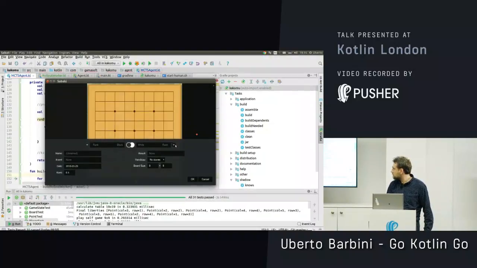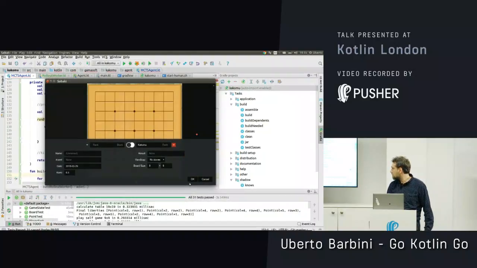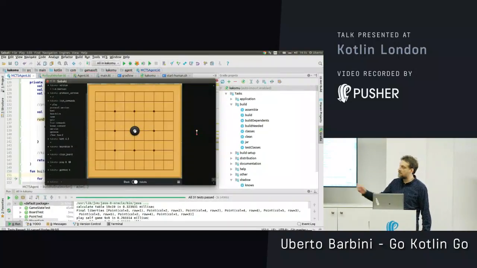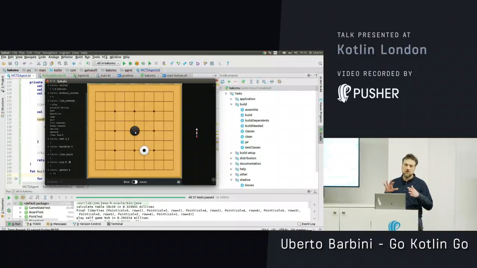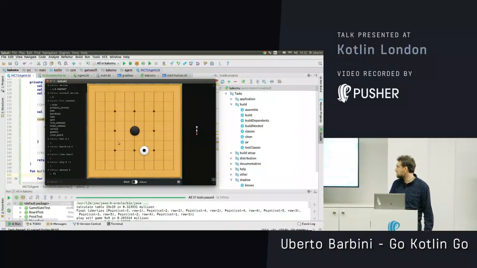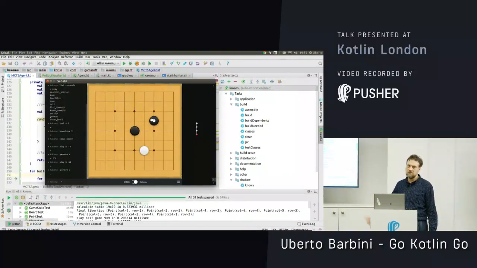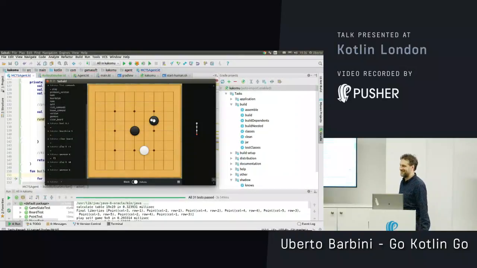So just to show you, this is my software. It is regulated to one move per 10 seconds. I play black here, and the white will be the software. With one move per 10 seconds, I can more or less beat it quite regularly. But with one move per 20 or 30 seconds, it beats me. So I wrote a program that is stronger than me. That's already something.